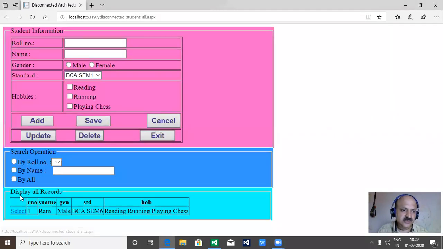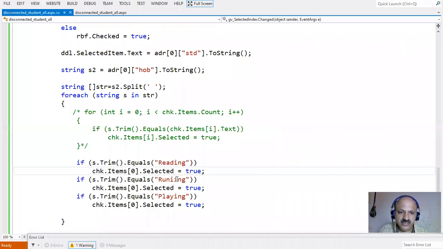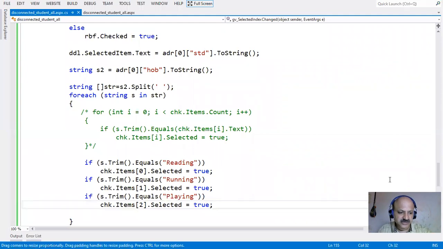Okay, so yes, I select. Reading, yes, spelling mistake, running, yes, and then playing. Here there is a spelling mistake, so that is not selected. Yes, running, yes, now playing. Here also I change the index: 0, then 1, and here 2. So copy and paste was creating the error. Now that is a perfect selection. Let us run.